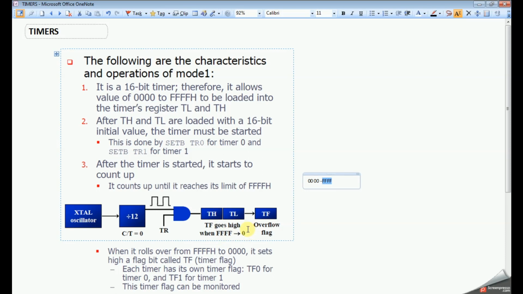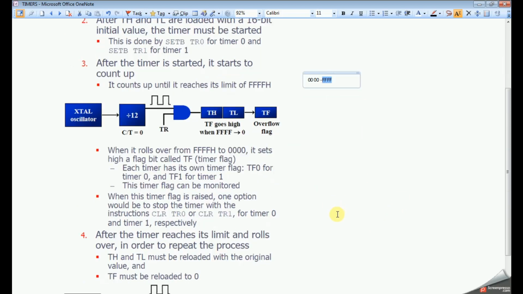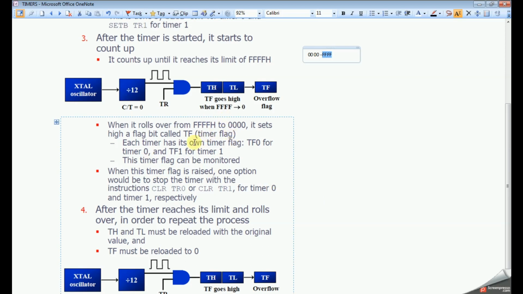In the program our reference will be this TF flag. If the TF flag is 1, the counter has reached the maximum value, and after that we can exit, because we got the required delay. So this is the explanation, which we already discussed.